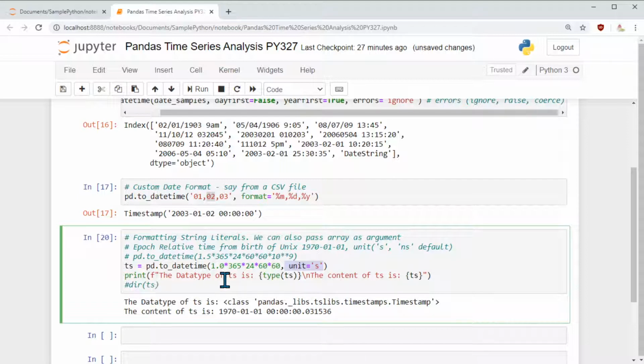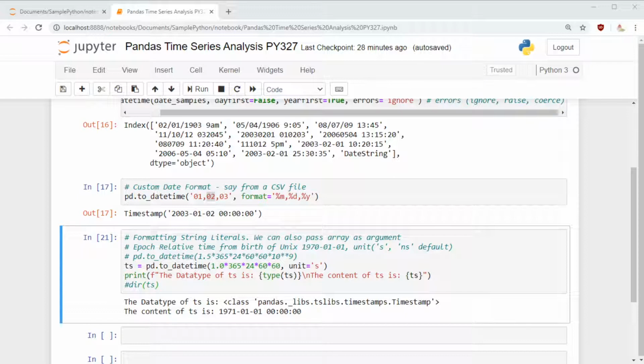Here I have a print statement, and it prints my timestamp, what its type is, and also what its value is. That way we are able to see the data inside it. The type is timestamp and the data inside is this. So let's execute this command. Since I changed to nanoseconds, it messed it up, but now I changed it back to seconds, so it's perfect now.